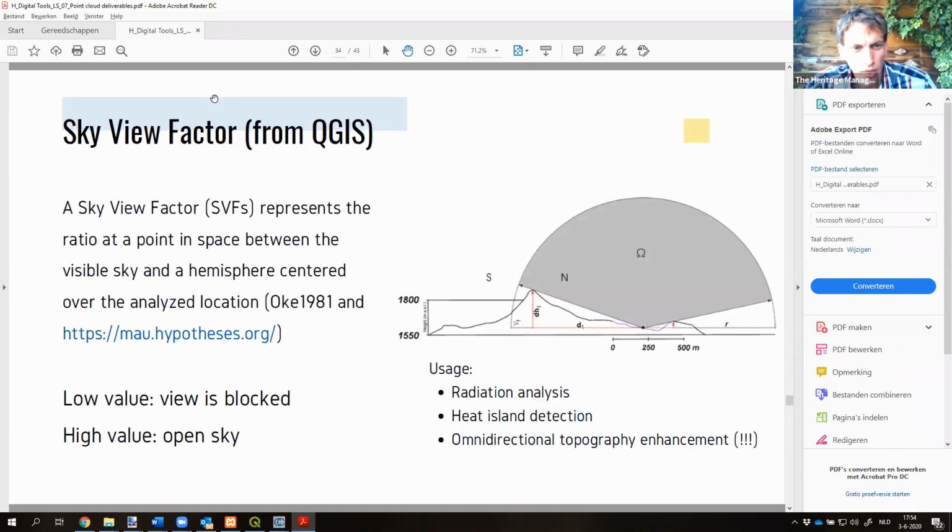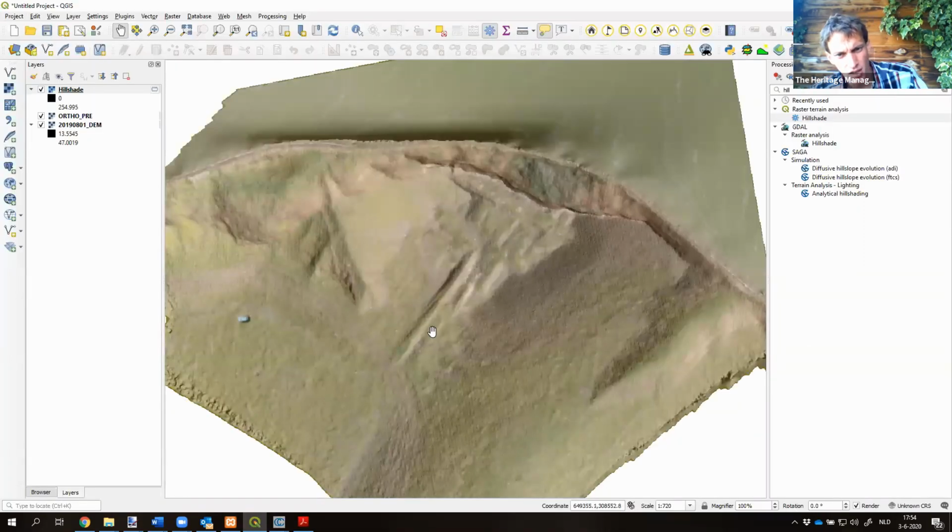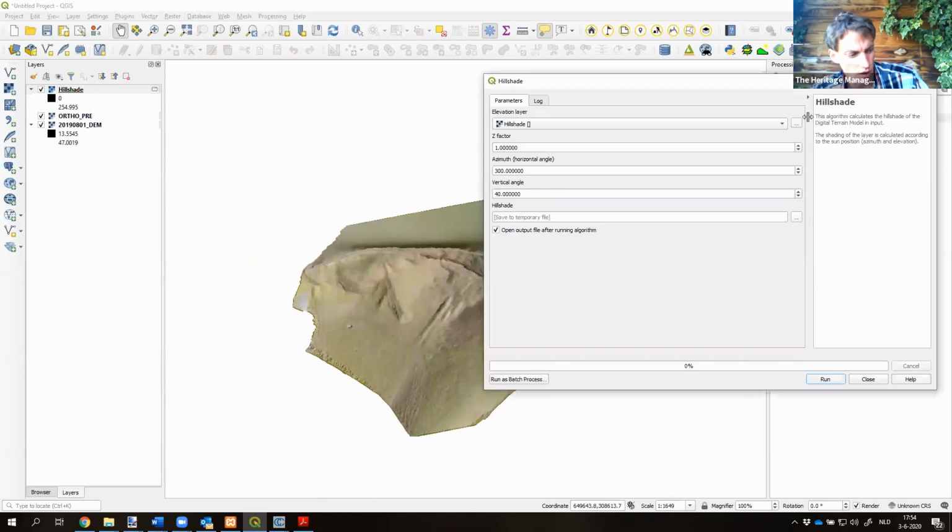The problem with hill shading, and I'm really going into the domain of GIS, is that objects that are parallel to the direction of your illuminator are not visible. So in this case, let's go back to our parameters. We had a sun or an artificial light source in this direction somewhere at a height of 40 degrees. So it means that all the objects that are in this diagonal line are